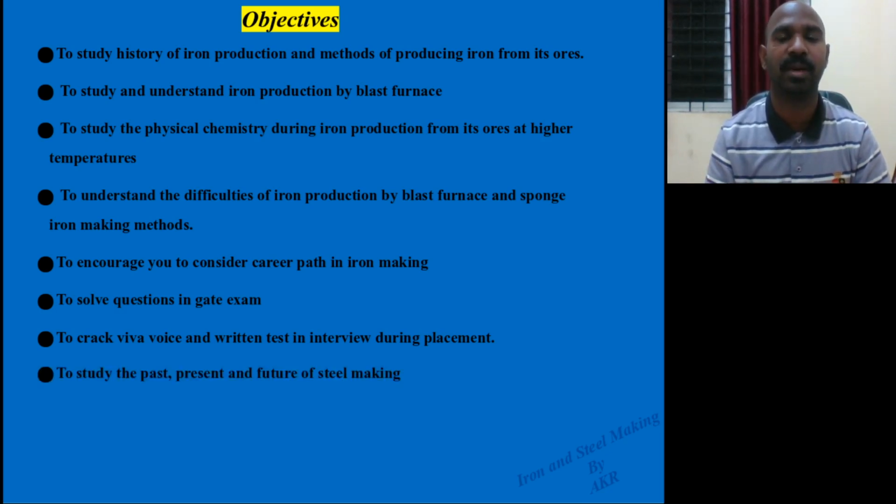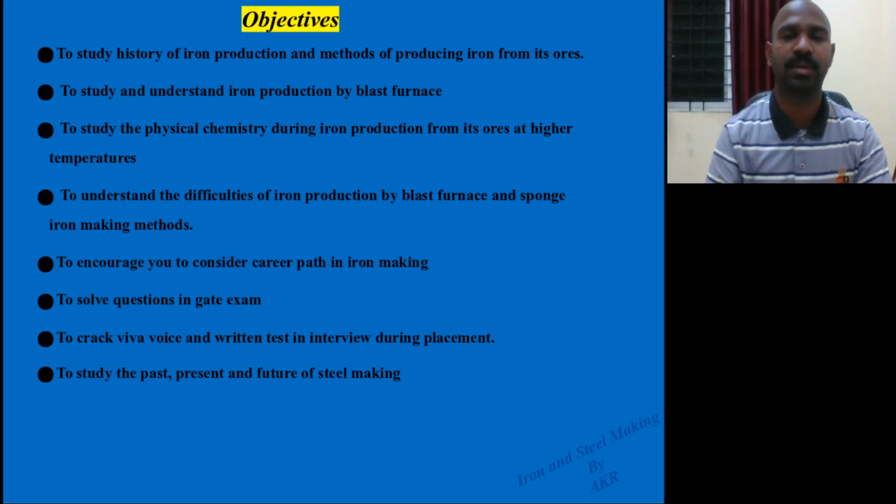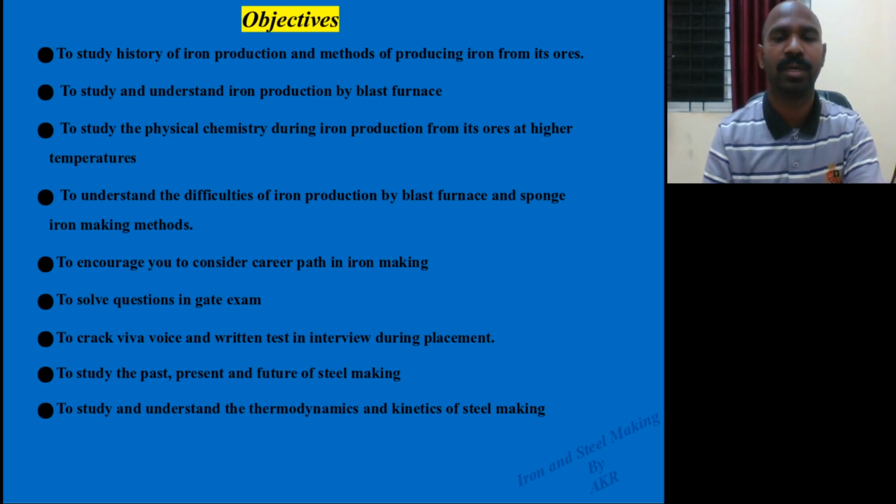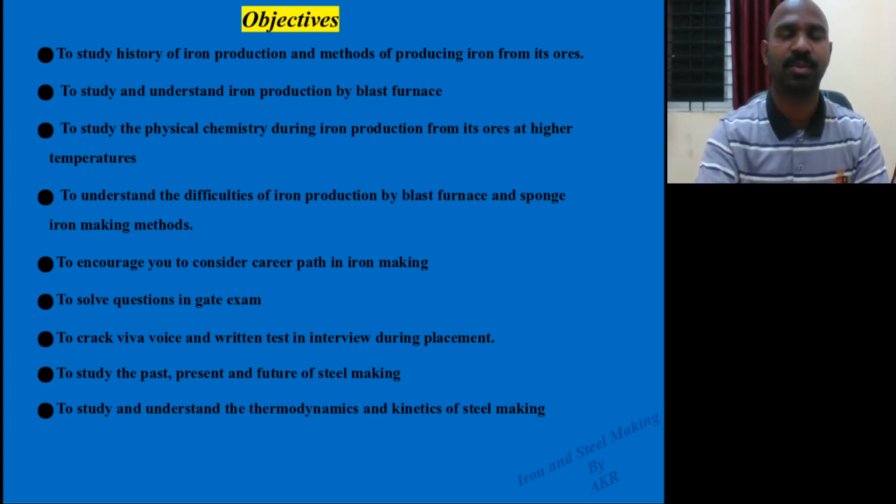By studying this course, you will be able to solve a few questions in the GATE examination based on extractive metallurgy and certain viva questions. It could be the comprehensive viva at the end of the third year or the final year. And knowing about the steel, studying and understanding the past of steel, what processes were adopted, what was the history, what is the present condition of steel, why open hearth steel making and Bessemer steel making are obsolete and not in practice, why the LD converter steel making process and electric arc furnace steel making process are in practice.